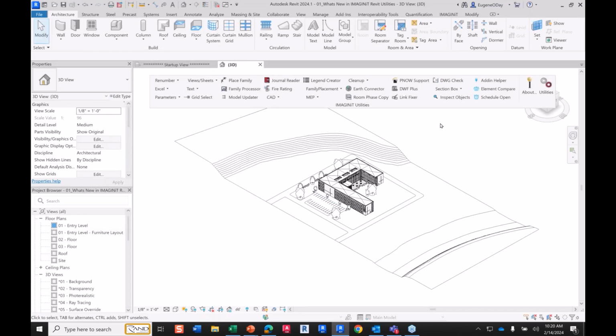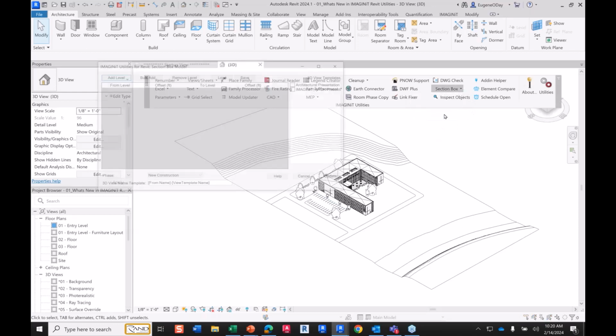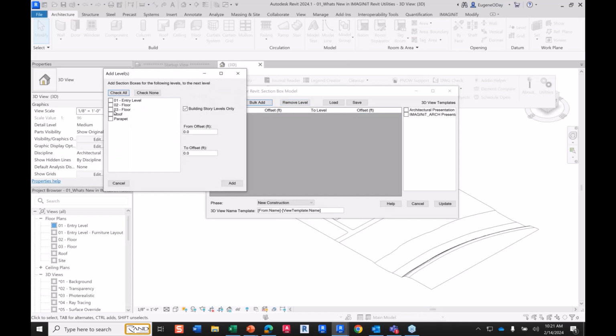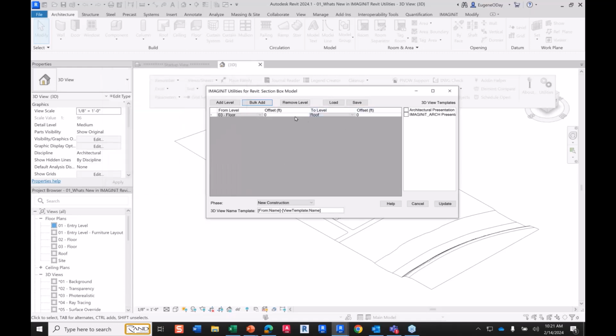Now, when it comes to the model option, a little dialog box is going to pop up for us. We can add a level, we can grab something, and we can just remove that level. Again, we can add a bulk. I'm going to grab, let's say, level 3 here. Here you have the ability to set your offsets automatically within this box. I'll say add, or you can do it off. Once it's in the box, you can set up